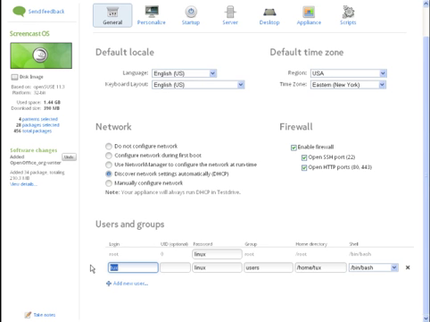This is where you can specify default users and user groups. I'm just going to create one called guest, and I'm also going to have guest as the password. I'm going to set that up as a guest user group. And